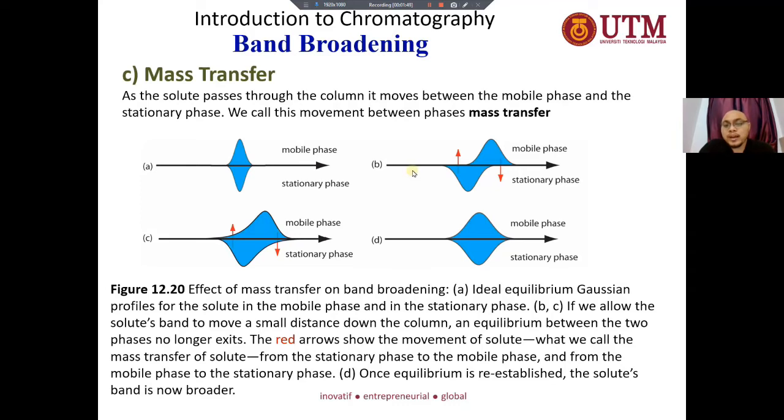Okay, when do you have the mass transfer effect? When you apply a high velocity of the mobile phase, it can create differences in equilibrium. So if you look over here, they try to achieve equilibrium again. Analytes from the stationary phase will try to move to the mobile phase, and from the mobile phase will move to the stationary phase. When it achieves equilibrium again, the peak of the analyte becomes